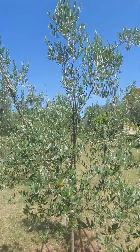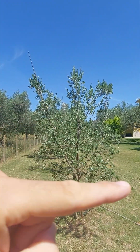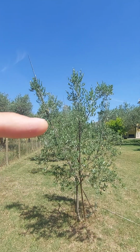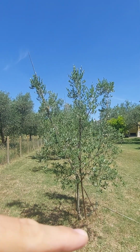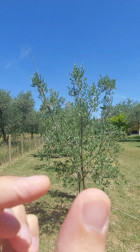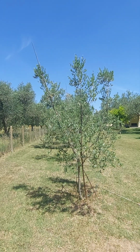So this is like a cone on the top, and the greatest part of the tree is in this area, while the branches up are only one or two. They suck the nutrients from the roots to go up, and then all the nutrients will distribute also in the lower part. And this part is very easy to gather the olives when they are ready to be picked,